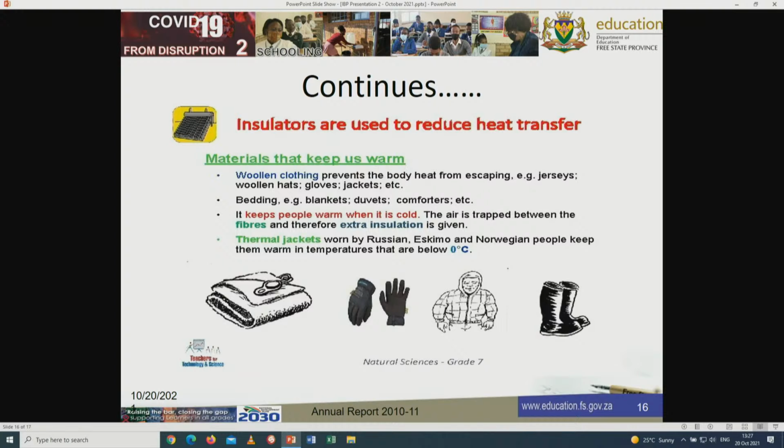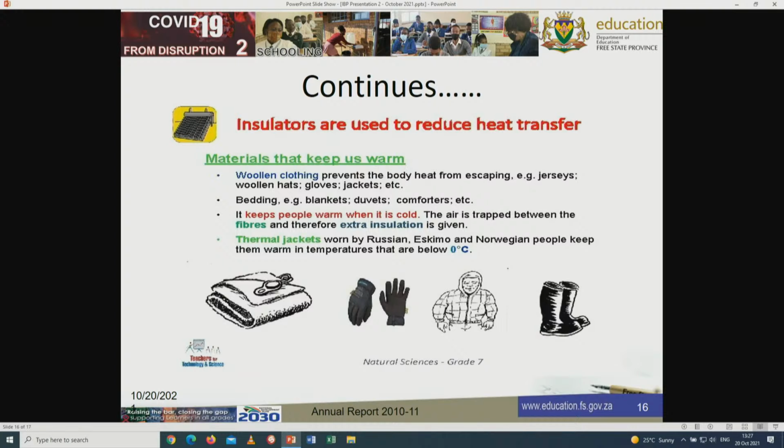Insulators are used to reduce heat transfer. Materials that keep us warm. Woolen clothes prevent the body heat from escaping, e.g. jerseys, woolen hats, gloves, jackets. We know that they keep our body warm,